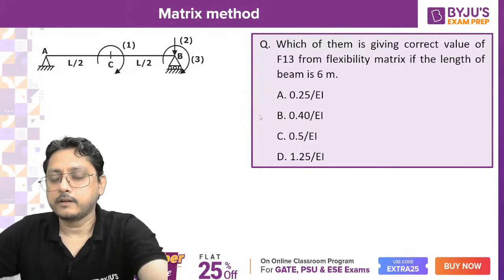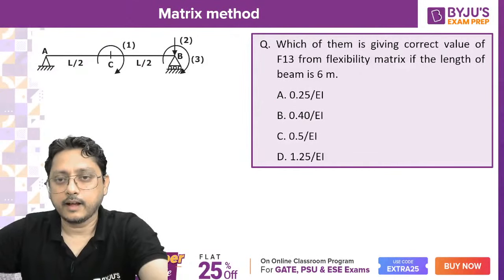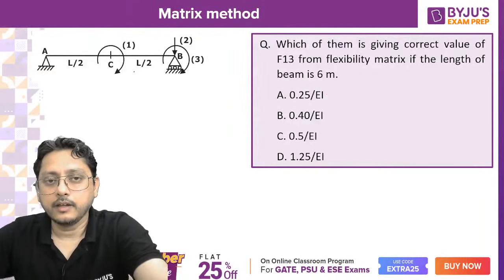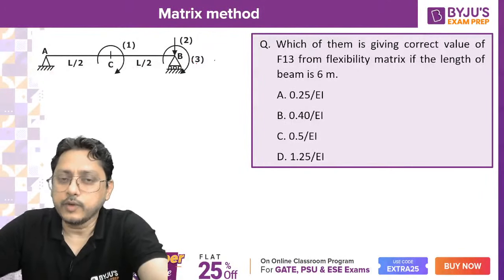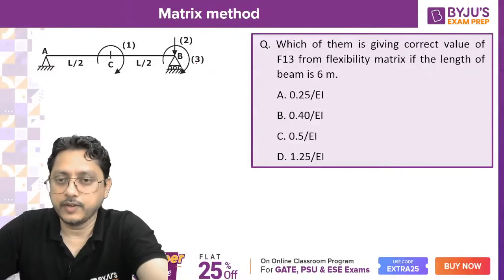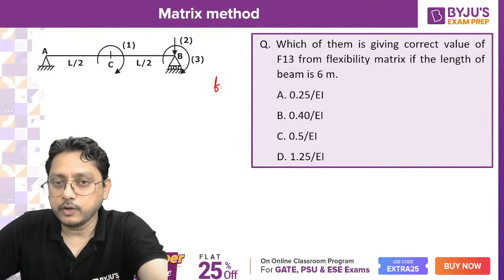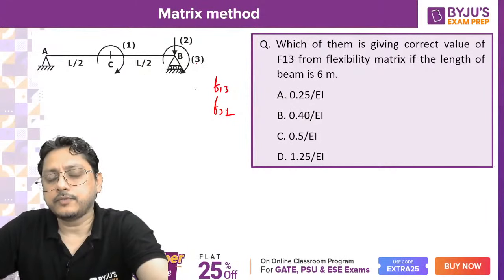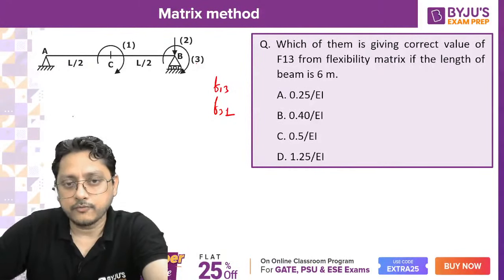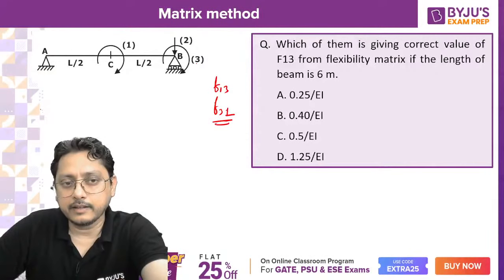Generally we remember it is not mandatory that whenever it is asked for F31 you will be doing it for F31 only. You can calculate for F13 also if you are feeling comfortable, because from the Maxwell reciprocal theorem, the displacement at 1 due to 3 or displacement at third due to 1, both are the same, right? F13 equals F31. Generally we don't remember that. Now provide